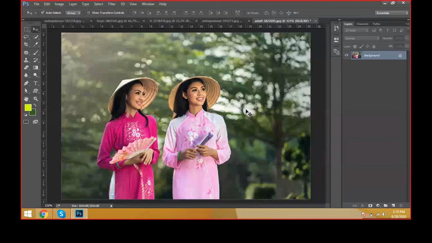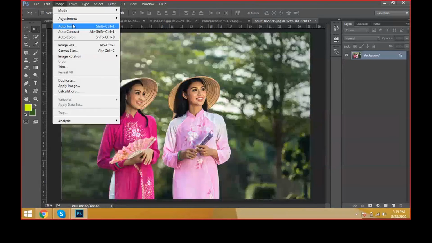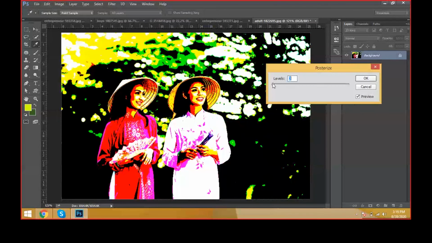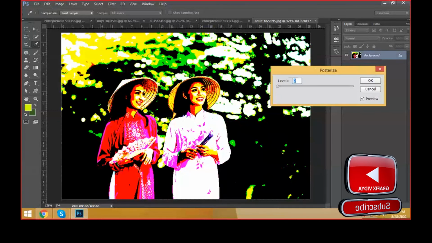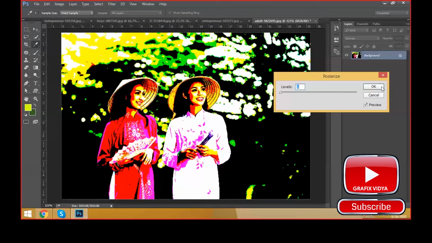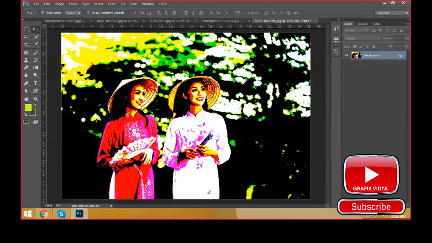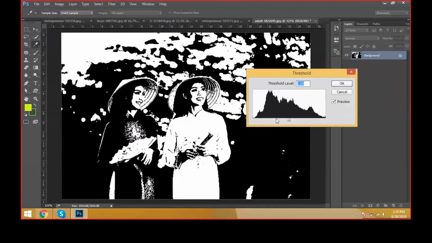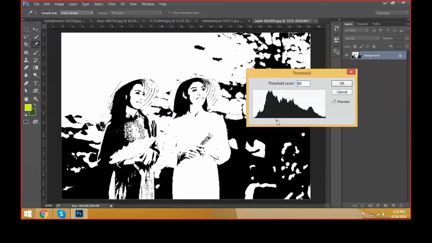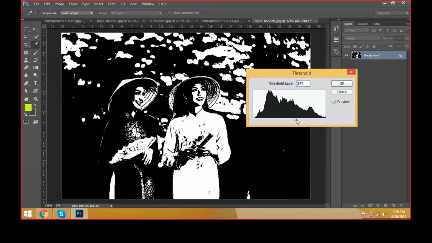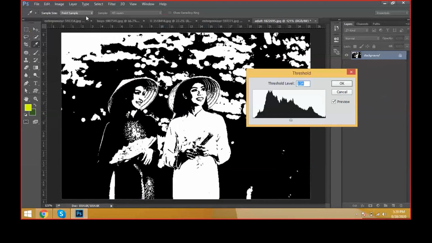Come to here, image adjustments. It's a posterize. Some effects will be like this, using the posters. If you see the posters on the roads and anywhere, some effects will flow on the image like this. That is called posterize effects. We can apply and click it. OK. This is one type of effect. Image adjustments, threshold. In black and white also we can see some posterized effects like this. This is one type of style for applying the threshold option.